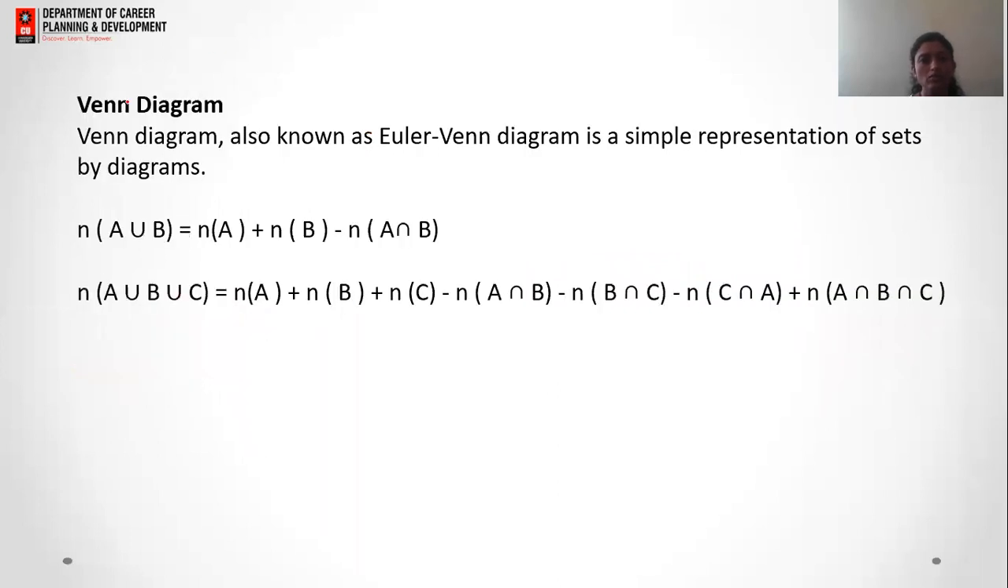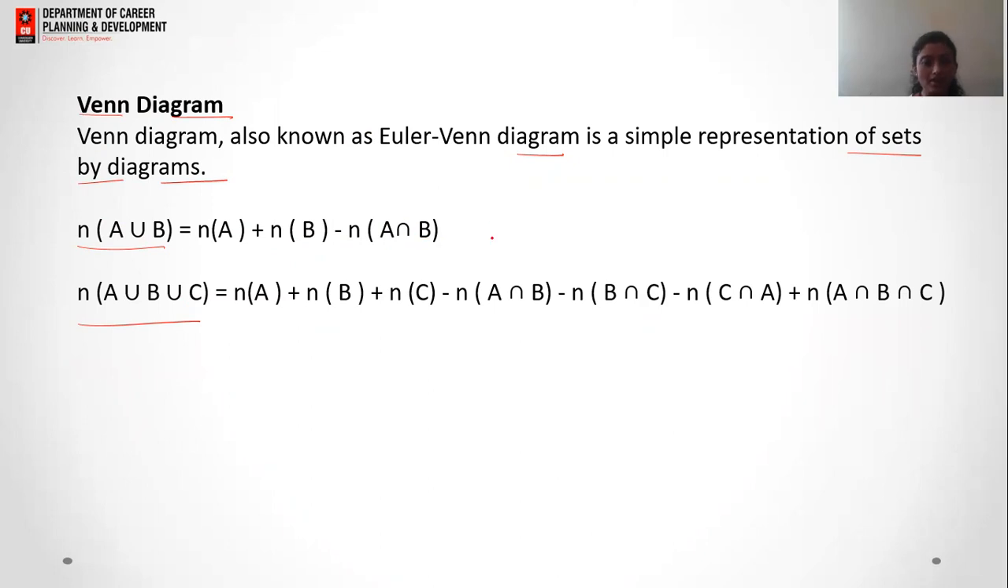Now, moving on to the Venn diagram. The Venn diagram, also known as the Euler Venn diagram, is a simple representation of sets by diagram. We can solve questions by using the Venn diagram concept. These are two basic formulas that we will use. The number of elements of A union B is equal to the number of elements in set A plus the number of elements in set B minus their common elements,